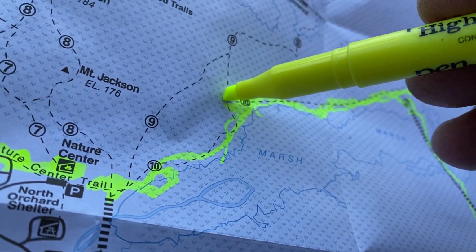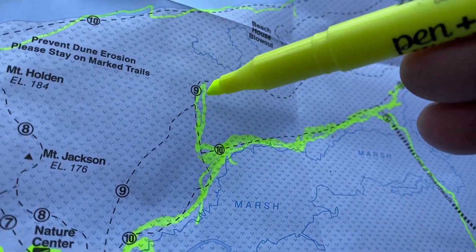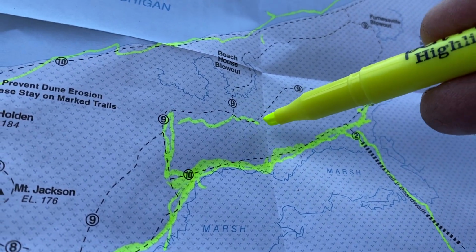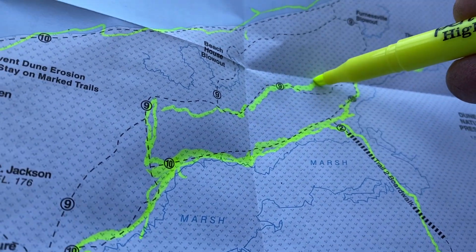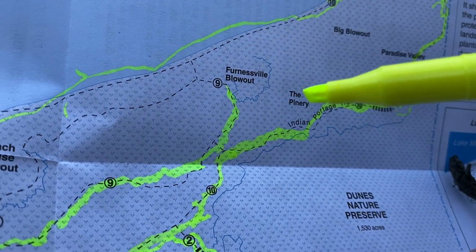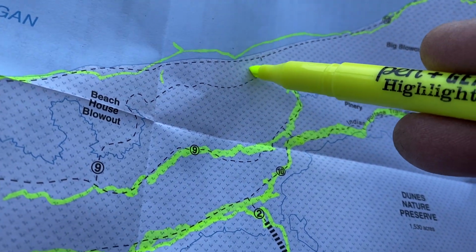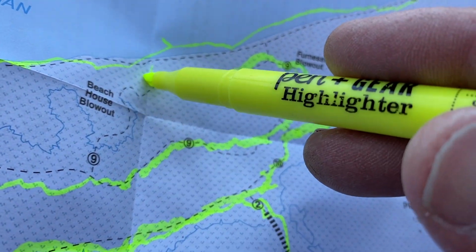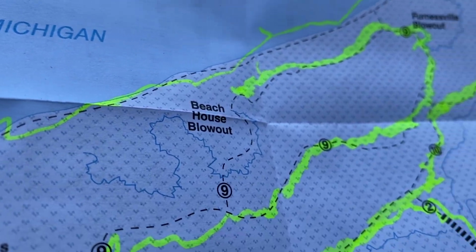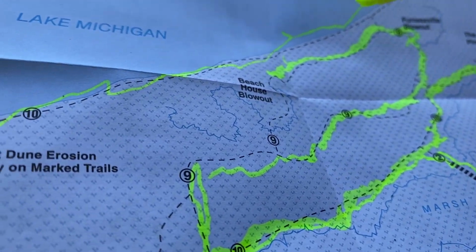Up to this point, here is another cutover. This is a larger cutover to Trail 9. You take Trail 9, you go down here. This is the furnace blowout, but we're on the edge of that. Here is a very scenic sort of single track all along the lake, 50 to 100 feet up. And then there's the beach house blowout, the beautiful